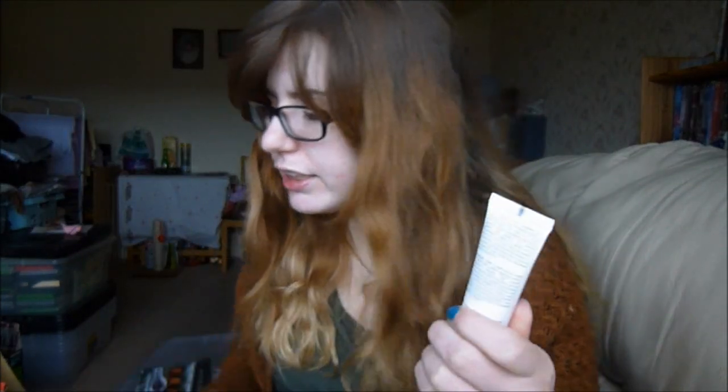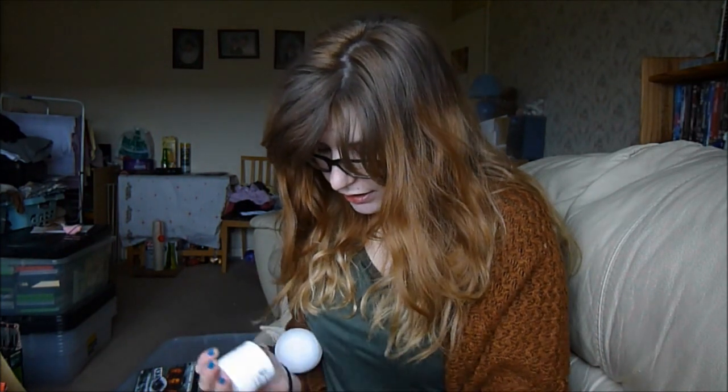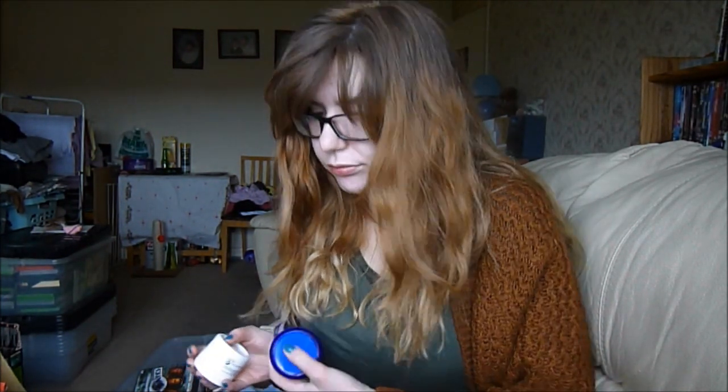My favourite nighttime moisturisers. I have quite a few nighttime moisturisers. We have the Triple Active Nighttime. This has been discontinued, unfortunately. I do know you can still get it in Savers for £5 a jar, and it's this lovely, really